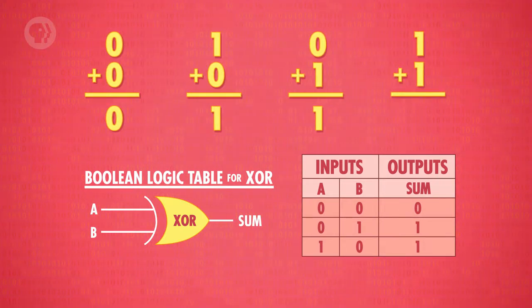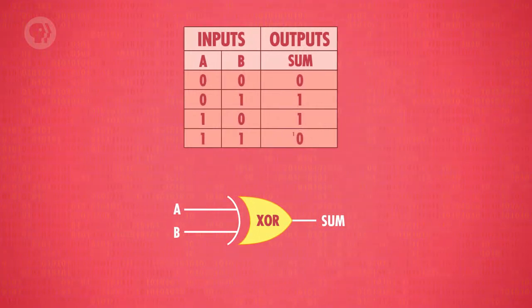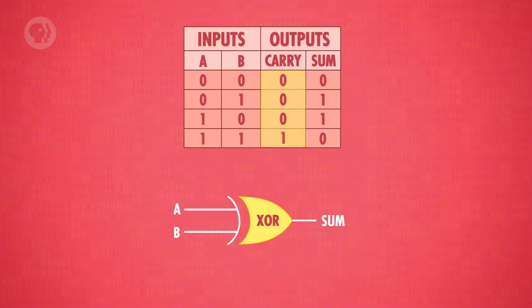1 plus 1 is 2, obviously, but there's no two-digit in binary. So as we talked about last episode, the result is 0, and the 1 is carried to the next column. So the sum is really 1, 0 in binary. Now, the output of our XOR gate is partially correct. 1 plus 1 outputs 0, but we need an extra output wire for that carry bit. The carry bit is only true when the inputs are 1 and 1, because that's the only time when the result is bigger than one bit can store.